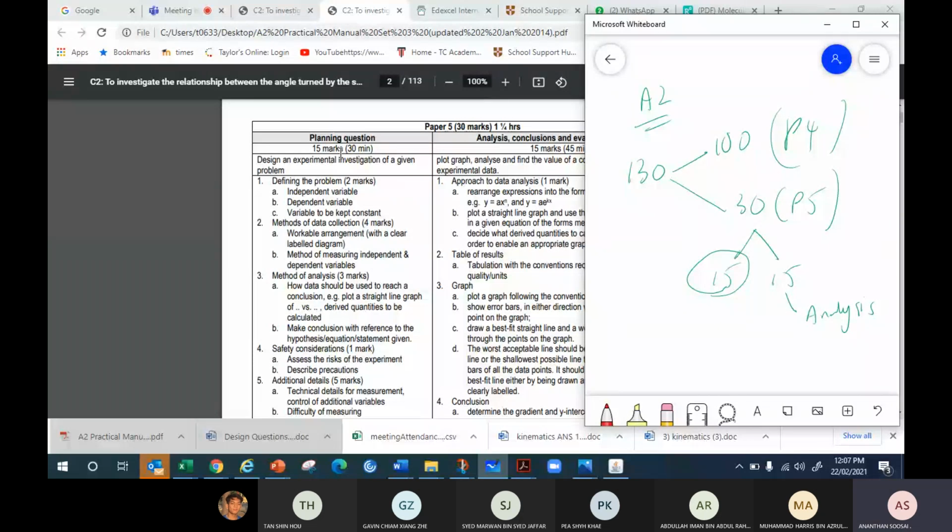They will suggest some devices to you, like a speaker or a microphone. They'll list out some devices for you. You can use the devices you like, or you can use other devices not listed, to design the experiment. When you design this experiment, for 15 marks, first you must draw the diagram.